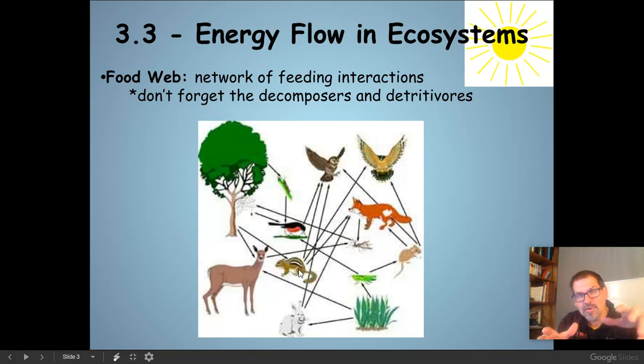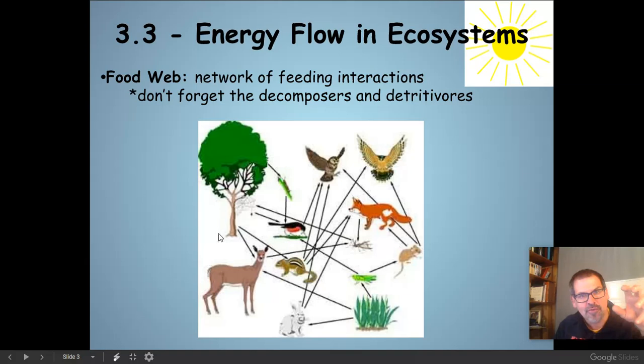Again, if you find that I'm going too fast, just take a second and pause it to fill in the notes assignment. Now, this is a really simple food web. It just has 2, 4, 6, 8, 10, 12, a dozen organisms on it. Real food webs in real life are incredibly complex because you have so many different kinds of consumers in each level of the ecosystem preying upon each other. So this is just a really simplified version.